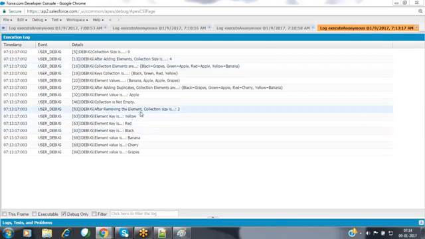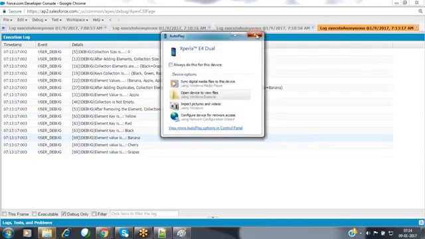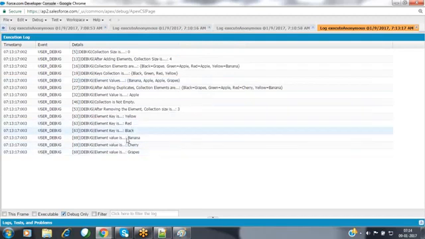Here we can see all the element keys. Element key is yellow, red and black, and the element value is banana, cherry and grapes. So now we can get the element keys as well as element values.